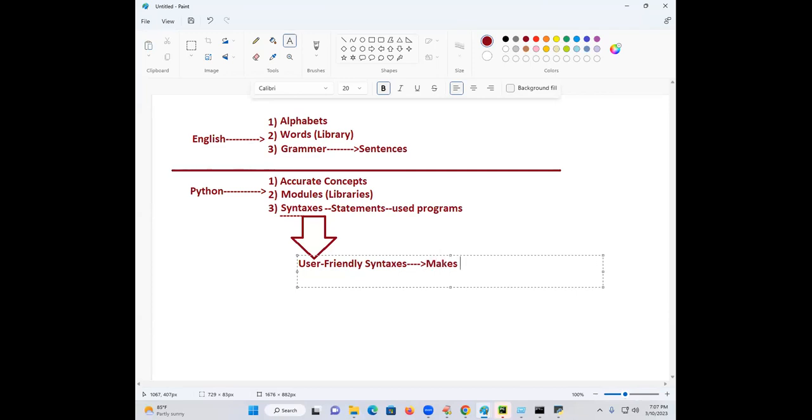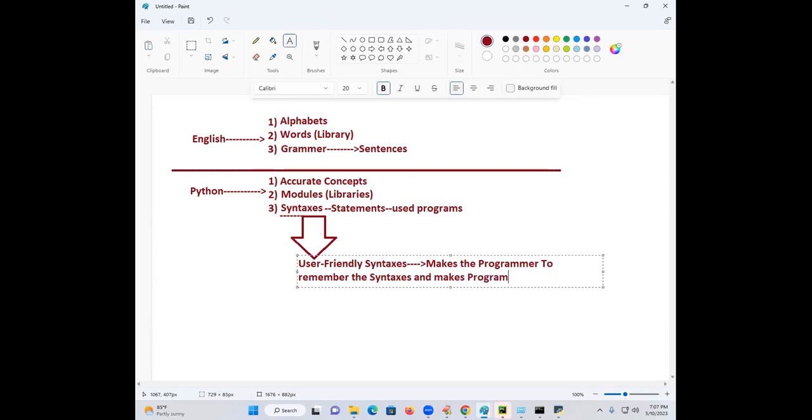User-friendly syntaxes makes the programmer to remember the syntaxes and makes the programmer to write the code easily.